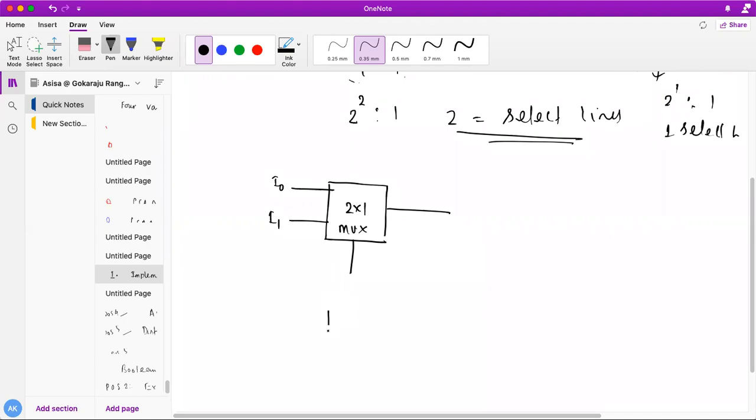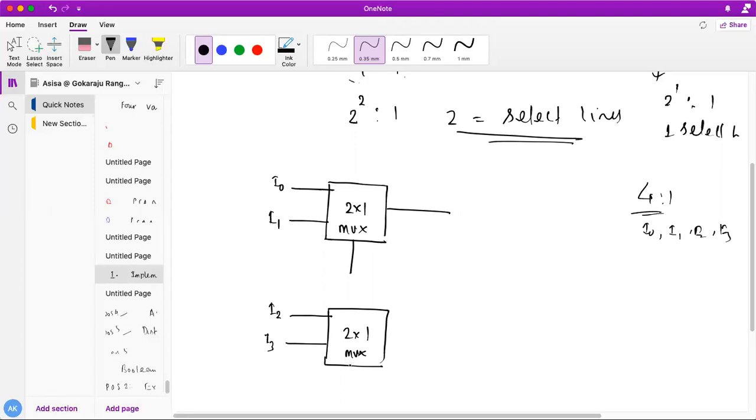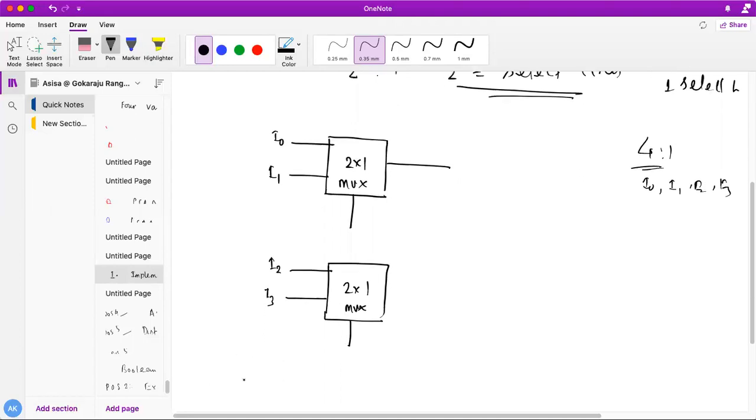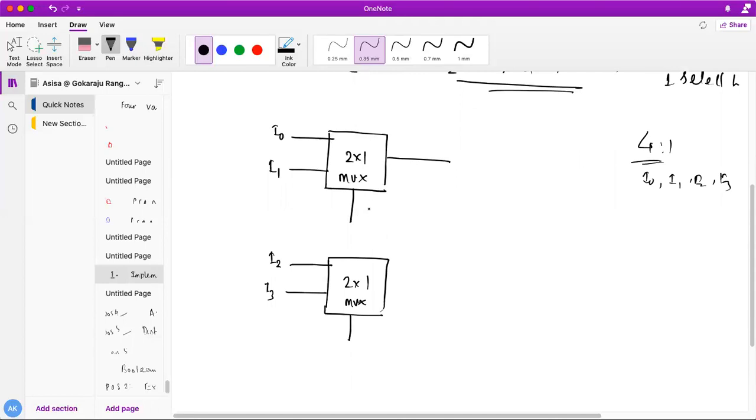Again, one more 2x1 mux. As I told you, I want to design a 4:1 mux. So how many inputs do I have? 4 inputs: I0, I1, I2, I3. Let's say these 2 muxes take I2 and I3, with the same select line, S0.